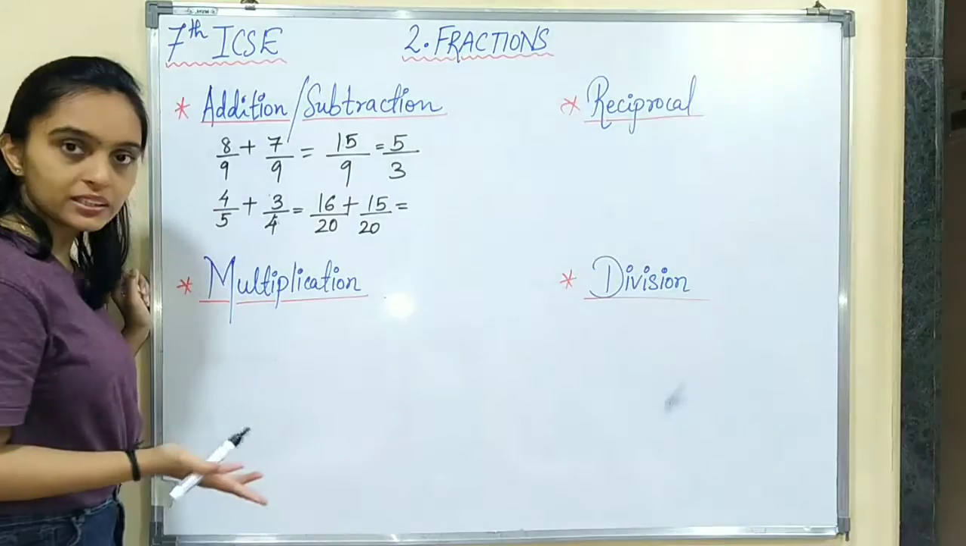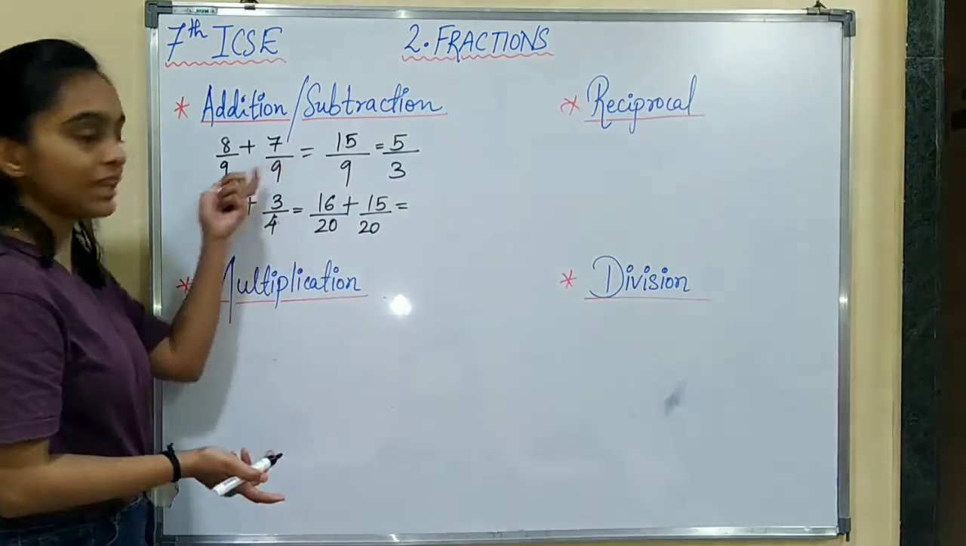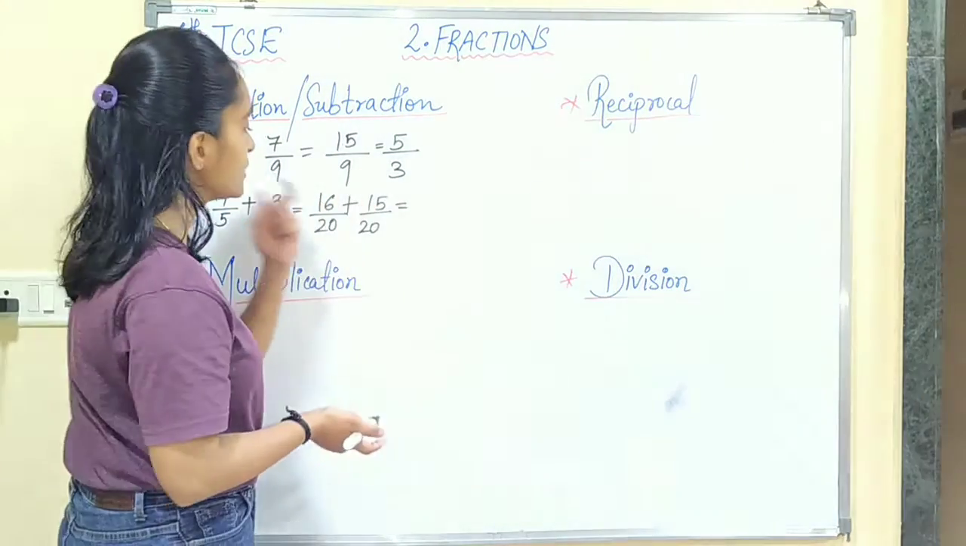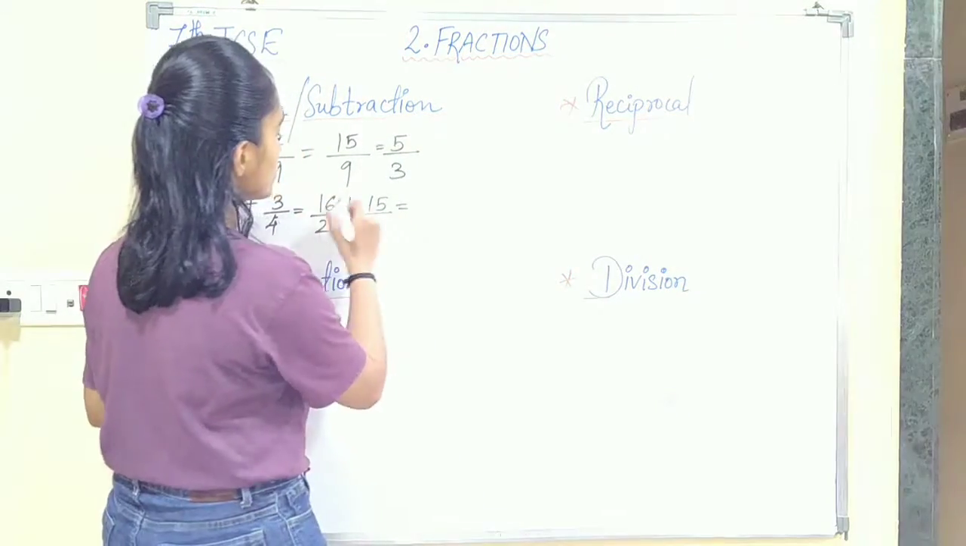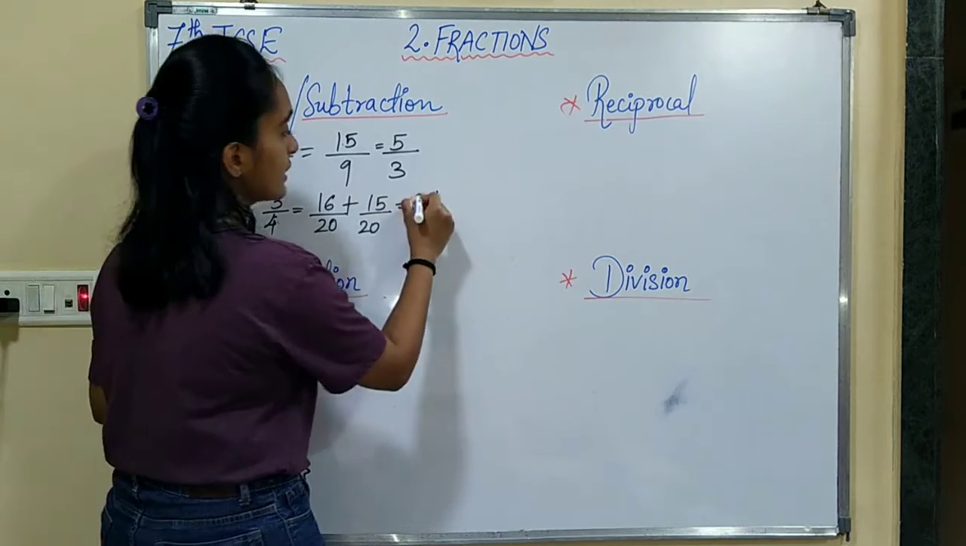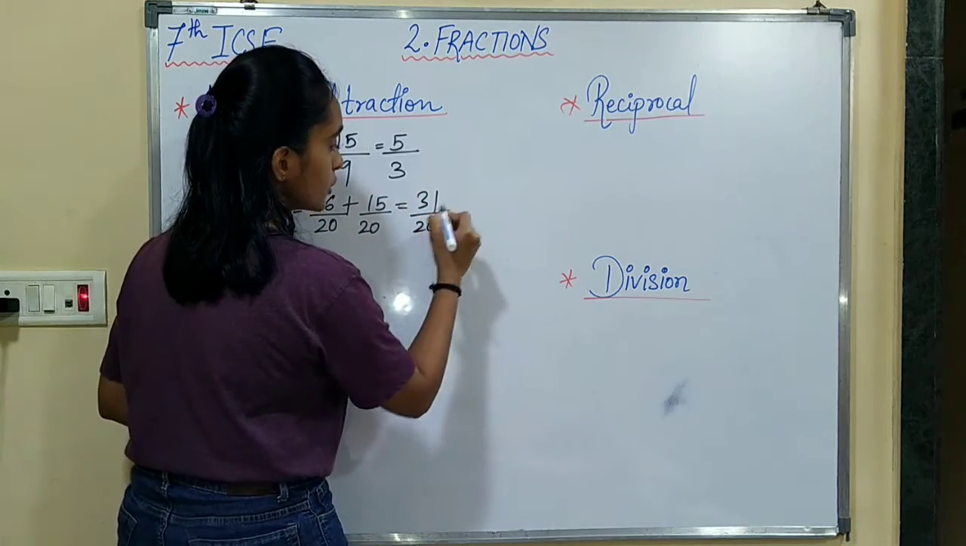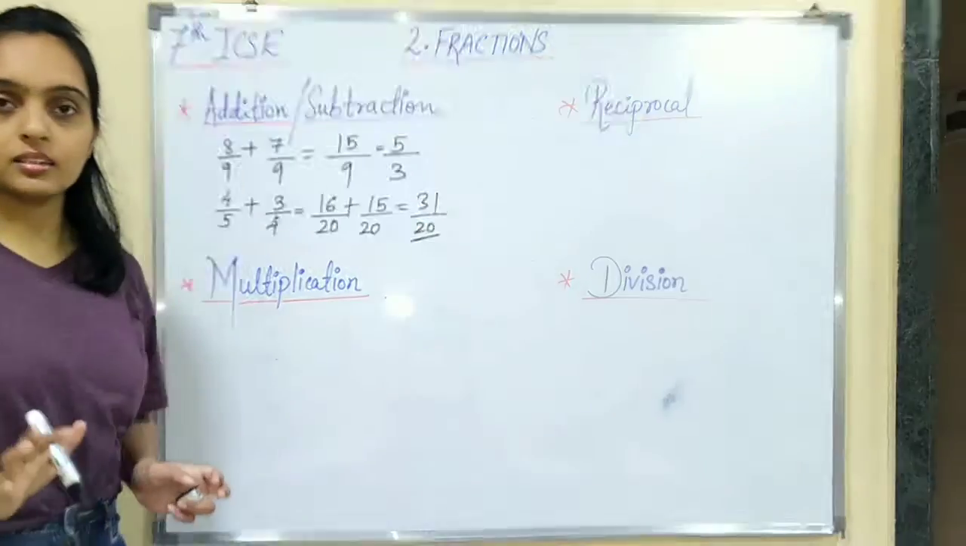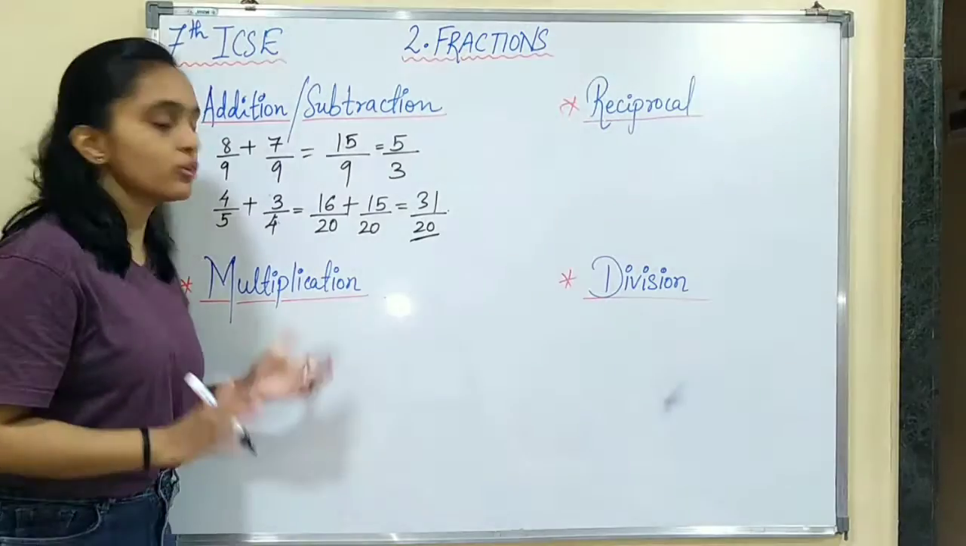Now we will just add them. As it has now become like fractions, we will just add the numerators. So 16 plus 15 is 31, and then 31 upon 20. That's it. Now for multiplication of fractions,